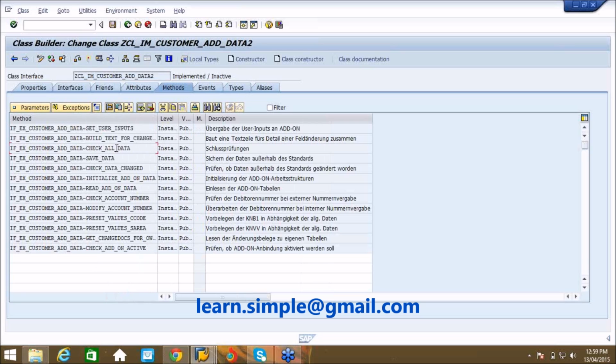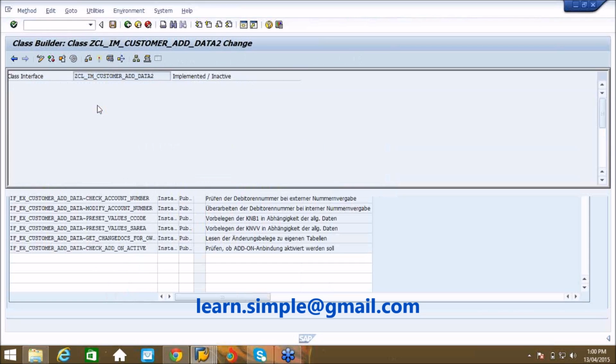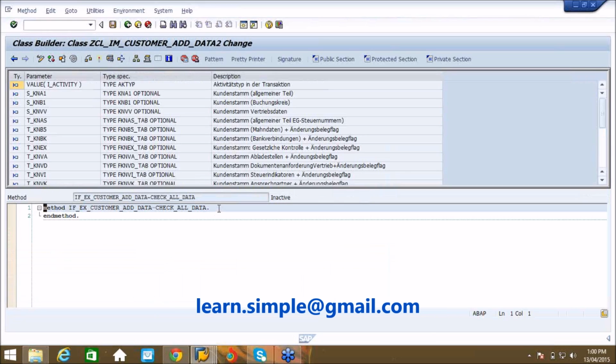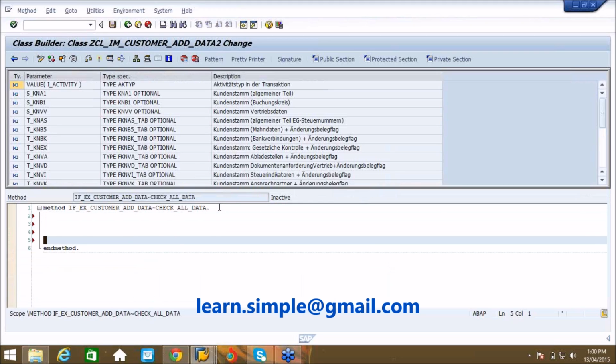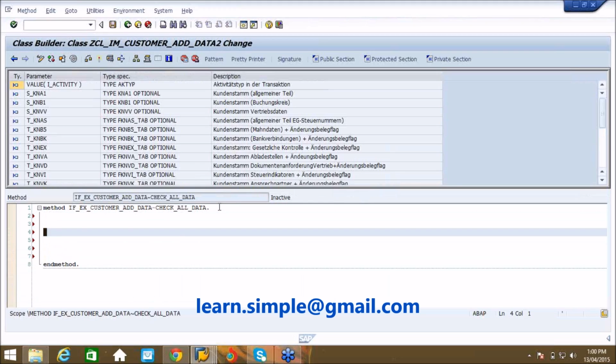For example, I'll go to check all data. I'll go inside this. If you want to update some other table, you can update it from here. Otherwise, if you want to show some output, some pop-up you want to show, you can call a function module with a pop-up.